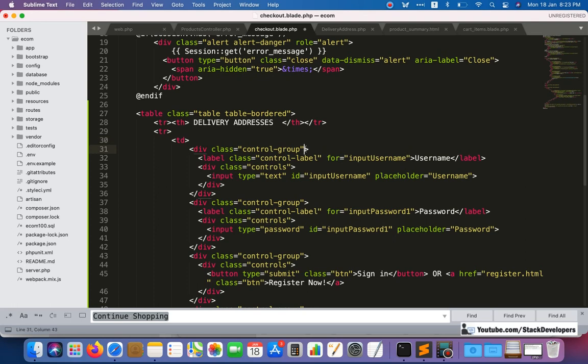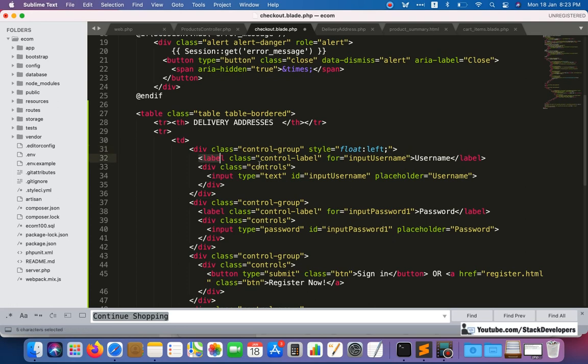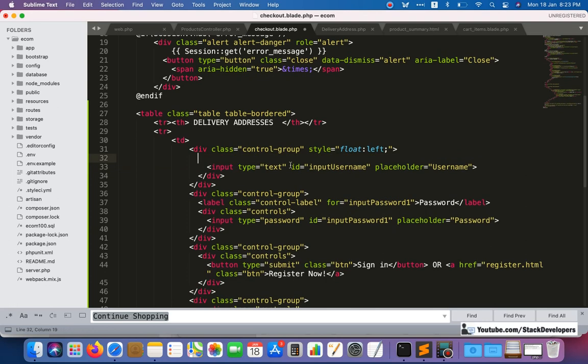Class, okay, so here I will give this style also, style float left, and after that we are going to remove this one.